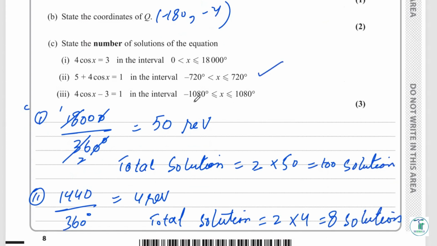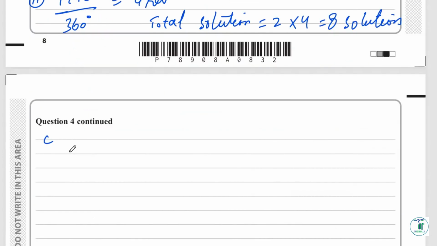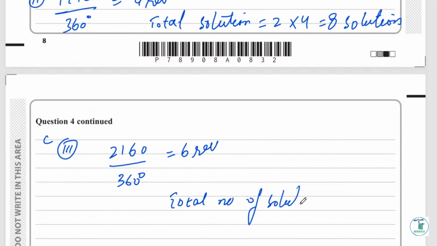Now similarly, if you look into this one, minus 1080 to 1080, we just need to find out the number of revolutions we've got. So for the third part, 1080 plus 1080 has to be 2160, right? And how many revolutions do we've got? Dividing by 360, it must be 6 revolutions. And if you have got 6 revolutions, and every revolution you must be having 2 answers of cos, the total number of solutions is going to be 2 times 6, and that comes out to be 12